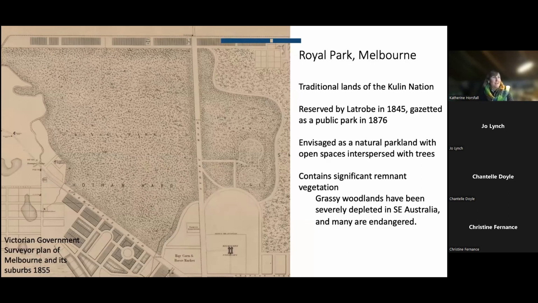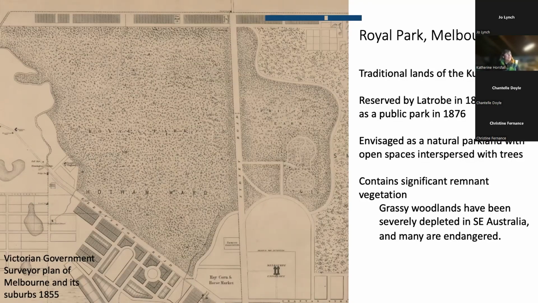And of course, I'd like to pay my respects to the traditional owners on which this work was conducted, and in wider Victoria. So I, like David, am working in the big smoke, and I'm lucky to have for my PhD research a real world problem to resolve. And so the first experiment is based in Royal Park. That's the one I'm going to be talking about today, which is, of course, the traditional lands of the Kulin Nation. And it was part of a ring of parks reserved early in European settlement.